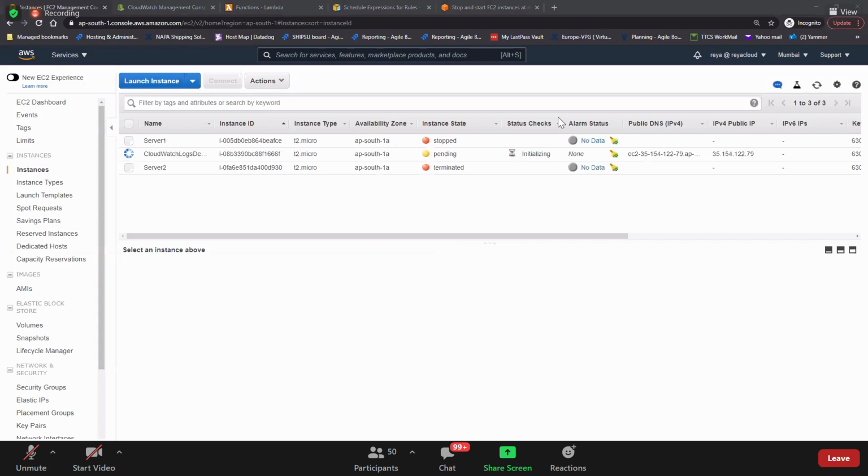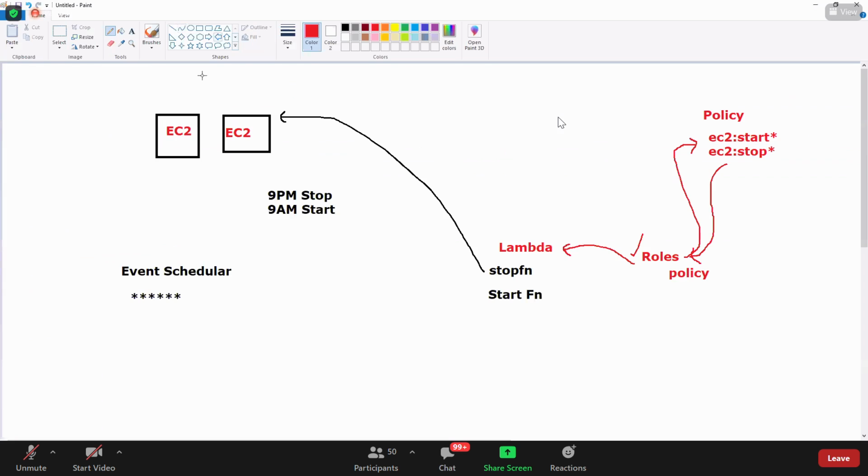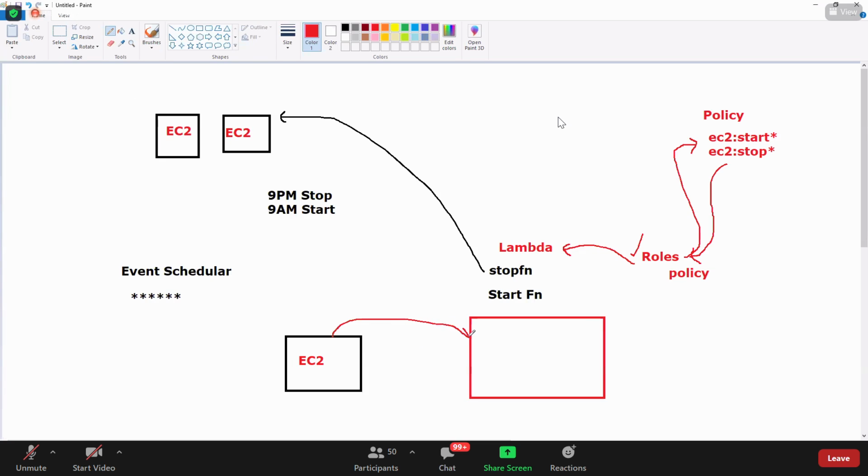Yeah, guys. So what I want to do, I'm launching an EC2 instance here. So this EC2 instance basically, okay, this is the CloudWatch logs. This is the CloudWatch console, AWS console. This guy should push the logs over here.